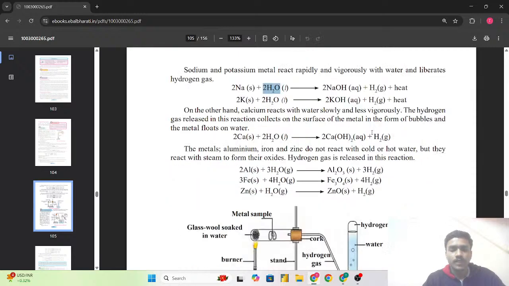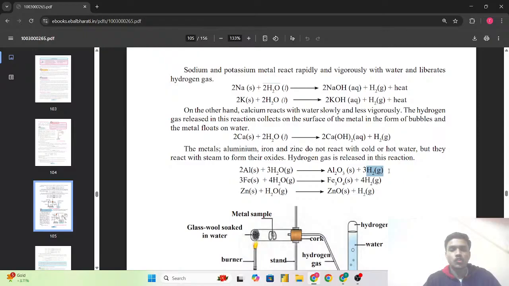Then the metals aluminum, iron, and zinc do not react with water, either hot or cold water. But they react with the steam to form their oxides. Hydrogen gas is released in this reaction. So, aluminium when it reacts with the water, leads to the formation of Al2O3, that is aluminum oxide, and hydrogen